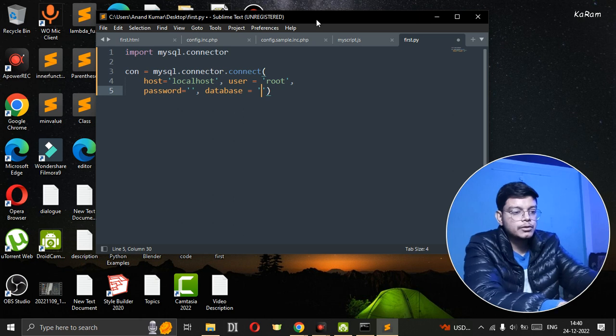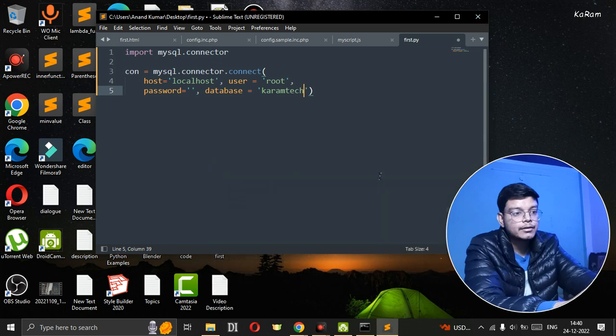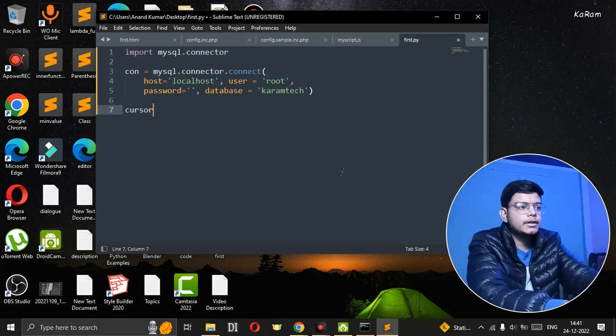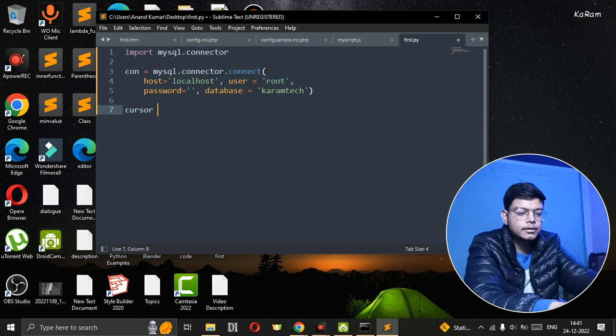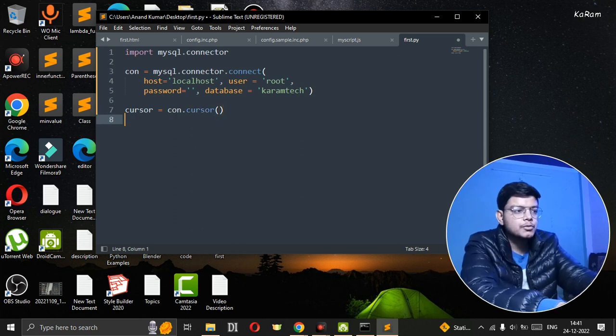So now I'm going to name the database here Karam tag. So this was my database. Let me reconfirm. Yeah, you can see the Karam database. It's Karam tag. Now we're done with the connection. Now we'll have to use a cursor here. So basically, a cursor is used to execute all the queries in MySQL. So we'll use con.cursor. Fine. So first of all we have created the object of cursor,